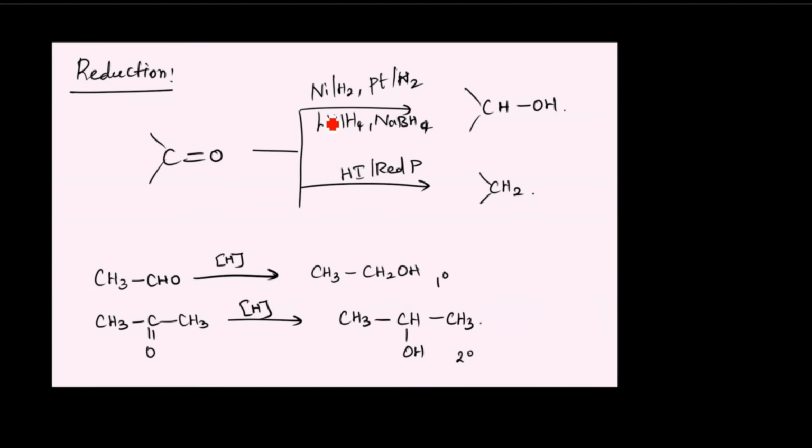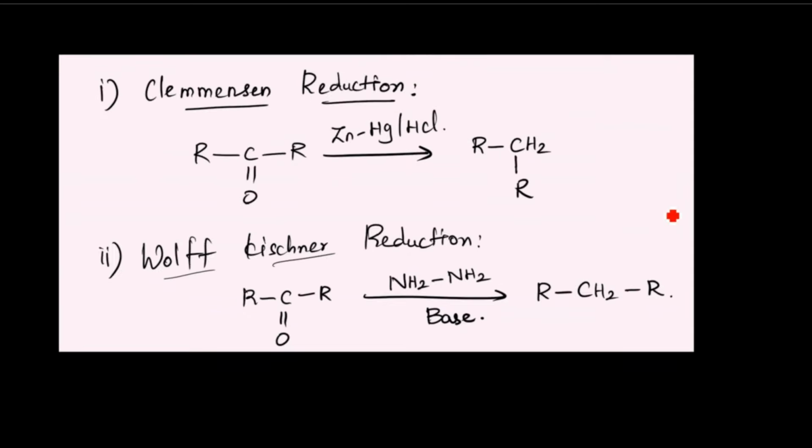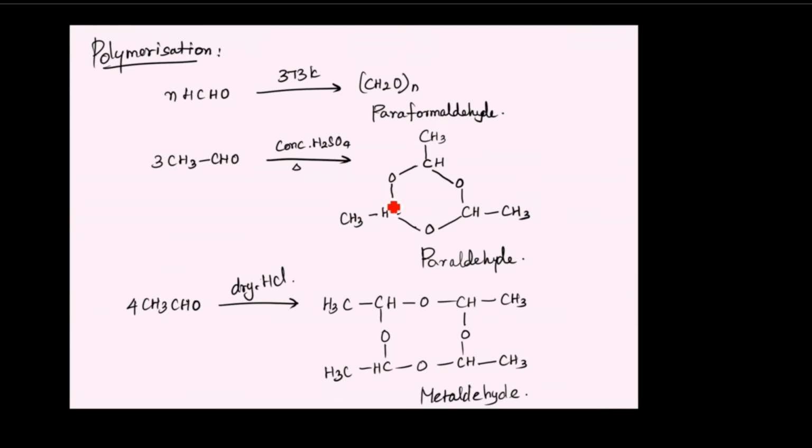So the reduction part: upon reducing a ketone, it will give you a secondary alcohol. Upon reducing an aldehyde, it will give you a primary alcohol. We already saw that. Clemmensen reduction and Wolff-Kishner, this is happening in the acidic medium. This is for acid sensitive groups. Okay, then polymerization. This part is important because this is forming paraldehyde, metaldehyde,